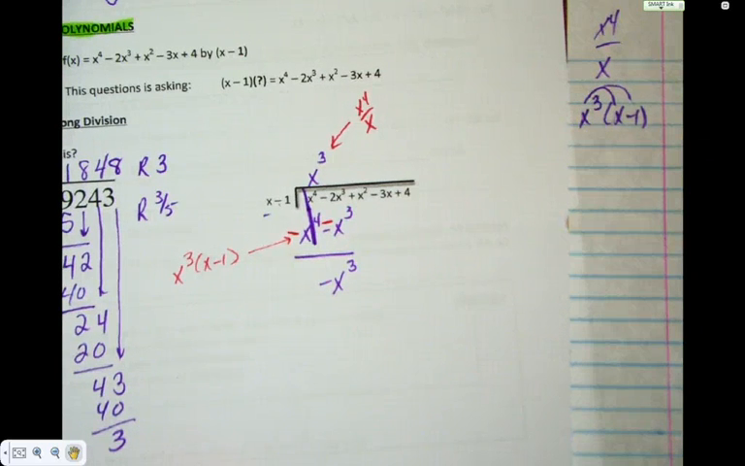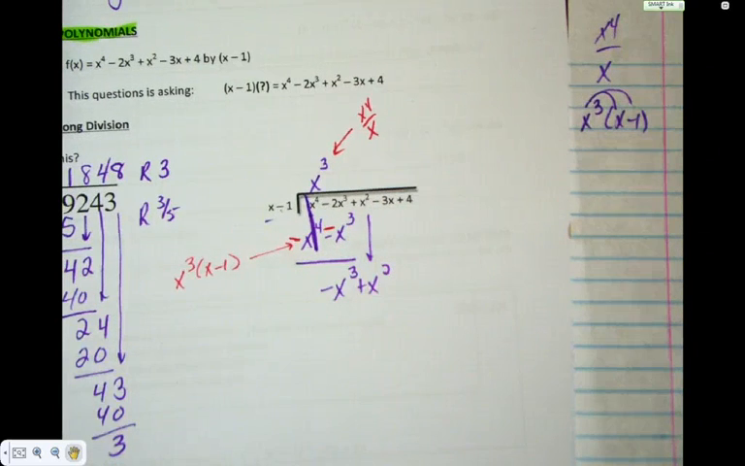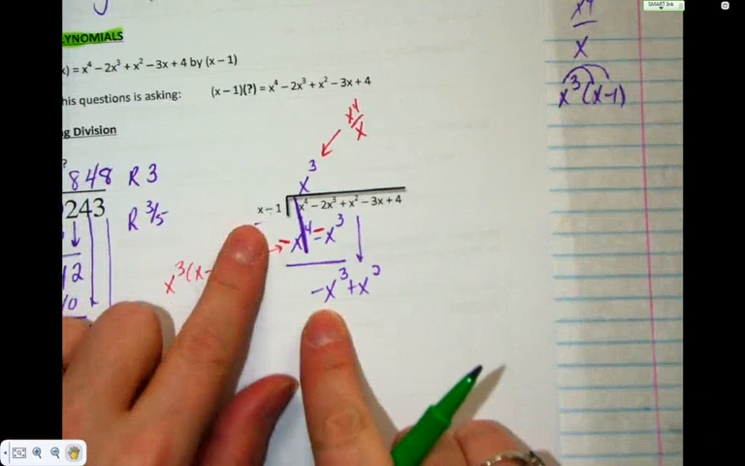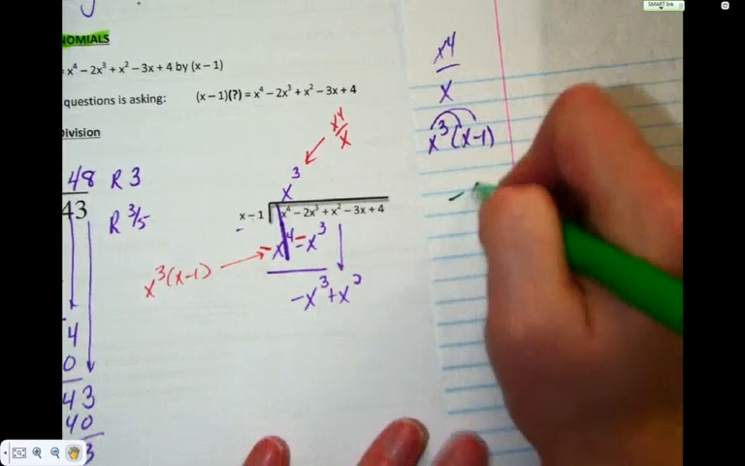Are we good so far? Okay, drop the next term down just like we did over here way back in grade 6. And now I'm just going to switch colors for the second round. Okay, we go back to division. So negative 3x cubed, or negative x cubed divided by x